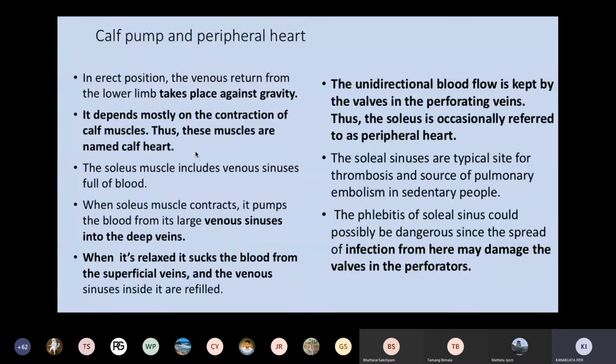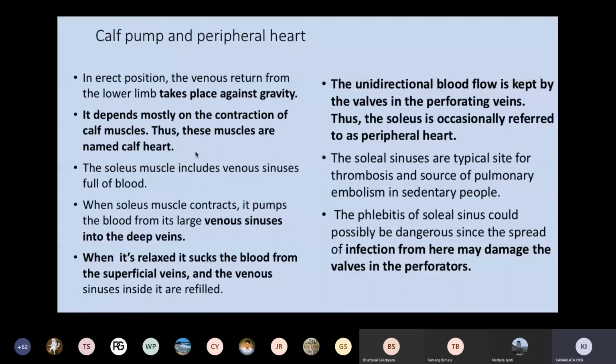Now think about the soleus muscle. Soleus is a postural muscle that you have learned. Postural muscle means that if I want to stand for 1 hour and take a lecture, it is maintaining my standing posture. Why does it do that? Because it has many red fibers which contract slowly and sustainingly. The groups of red fibers keep on contracting one by one, and that is how the soleus becomes a postural muscle.